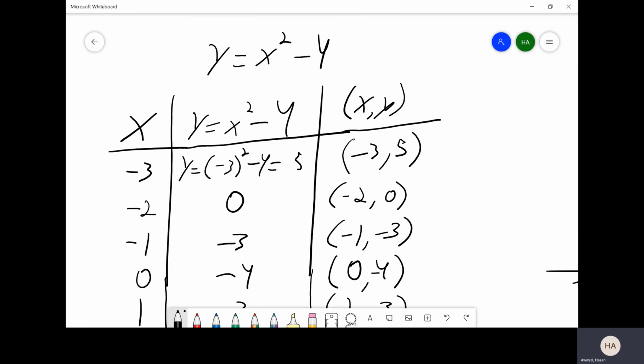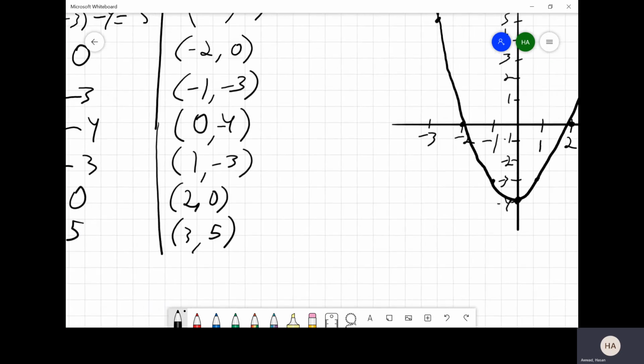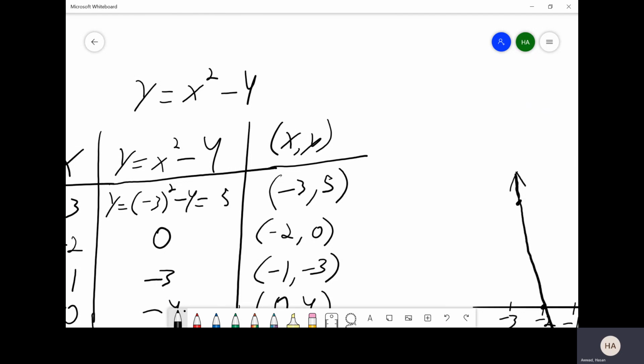We do the plug and chug, the actual calculation, and then we get our final ordered pairs, which we can then plot onto a graph, and that'll give us a nice sketch, a nice representation of the graph of the equation that we were dealing with. Okay? Okay, so for the record, it's no coincidence that our graph was x squared minus